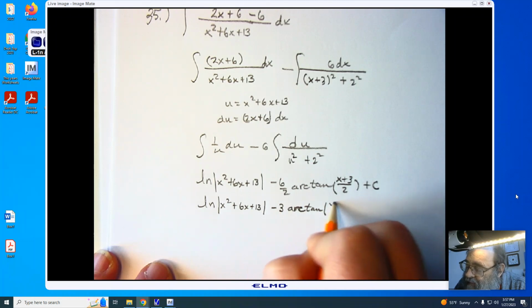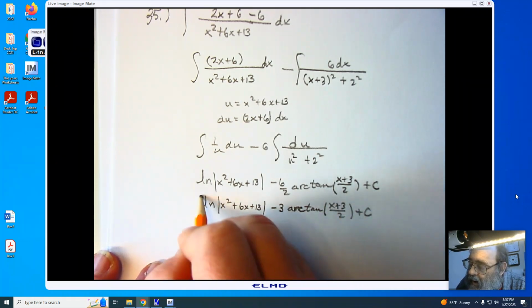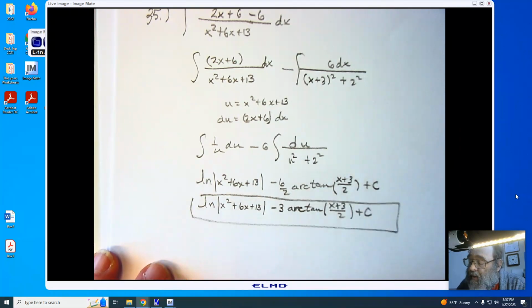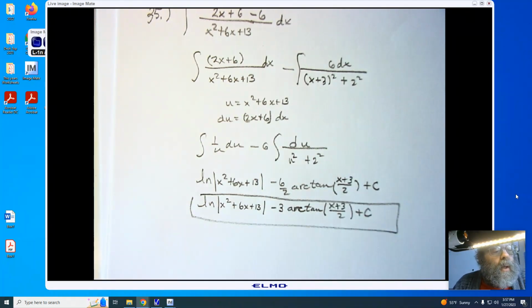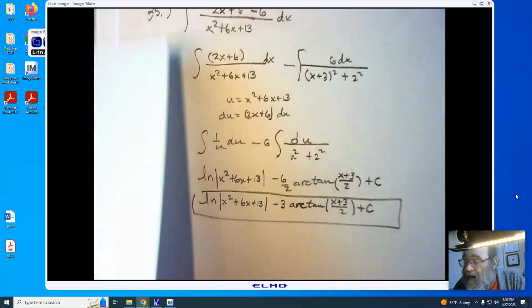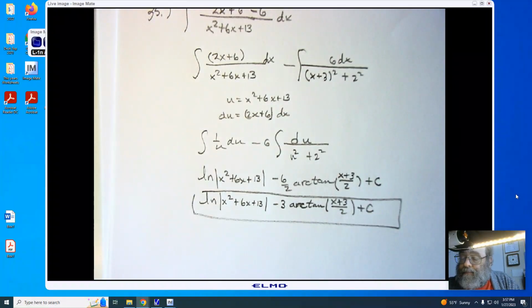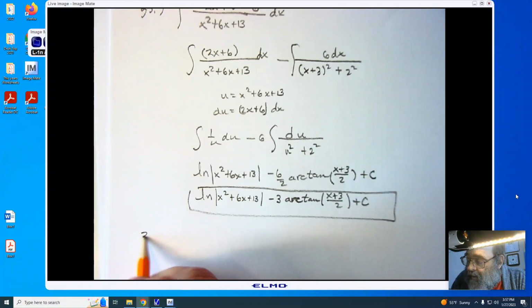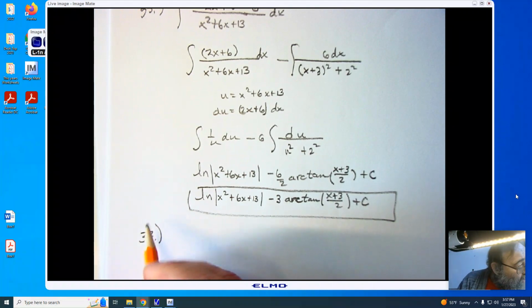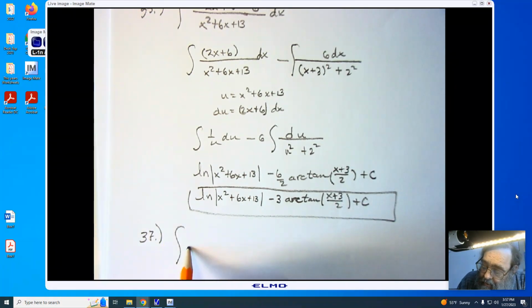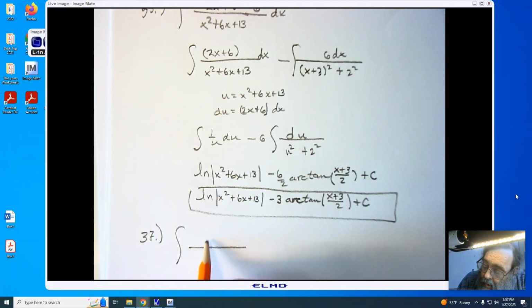Don't let yourself get frustrated. Just do what you got to do, and you're going to be okay. There's number 35. Alrighty, this is going to bring us to our next problem, number 37. So hopefully everybody is following along with me. Number 37 is giving us the integration, and we have 1 over